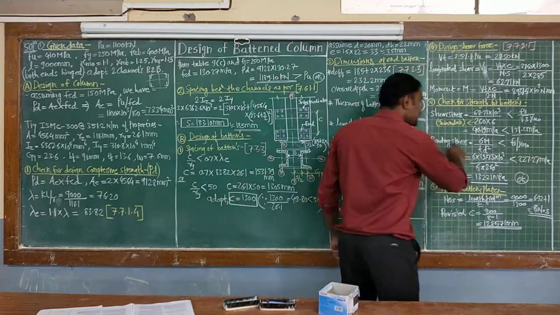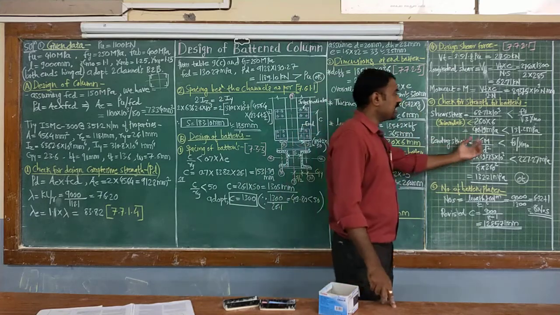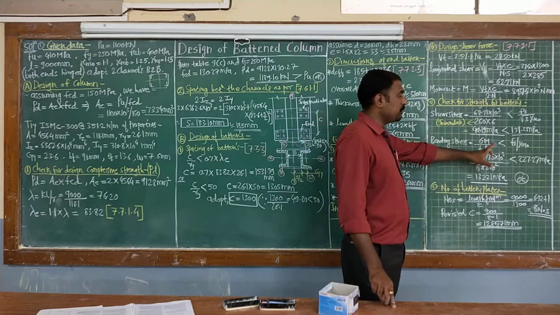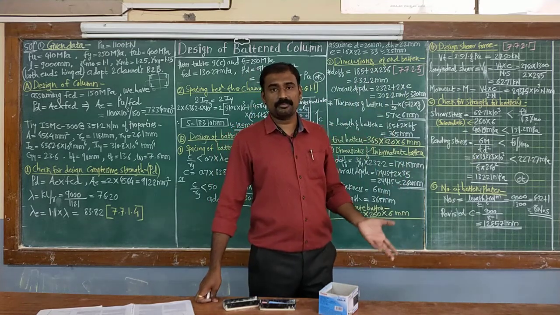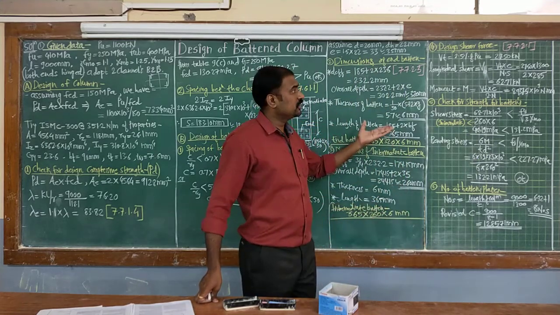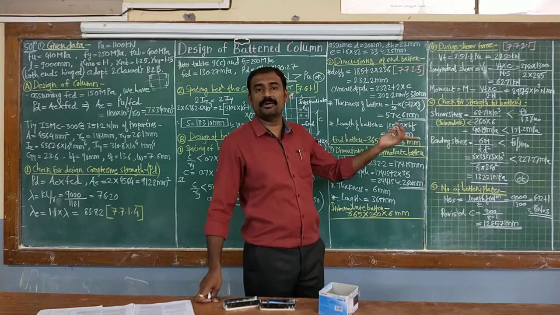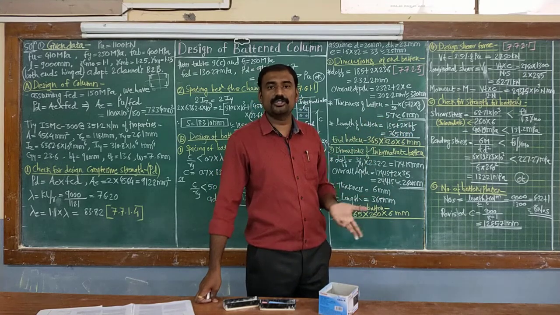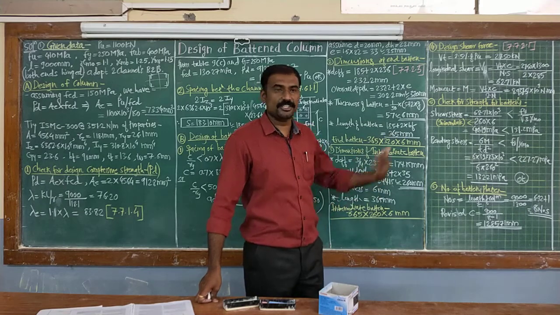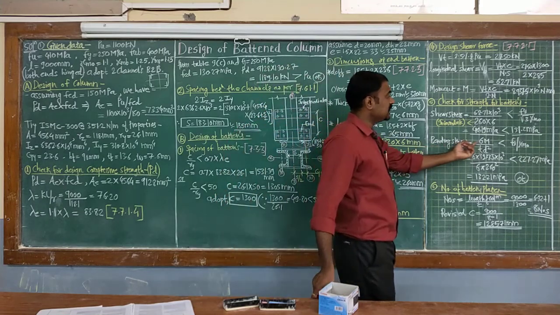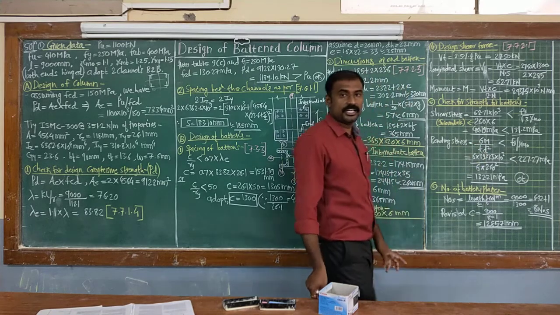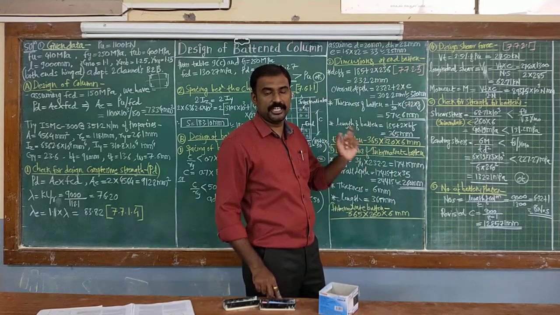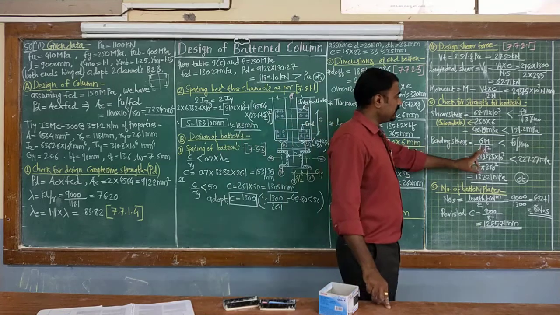Similarly, go for bending stress calculations. Now, the bending stress formula I have directly written: 6 into moment divided by T into D square. We have the regular equation, sigma equals moment into y divided by moment of inertia, so M by I equals sigma by y. Using that relation we have defined bending stress as 6 multiplied by moment divided by T into D square, considering thickness and depth, since I is T into D cube by 12.